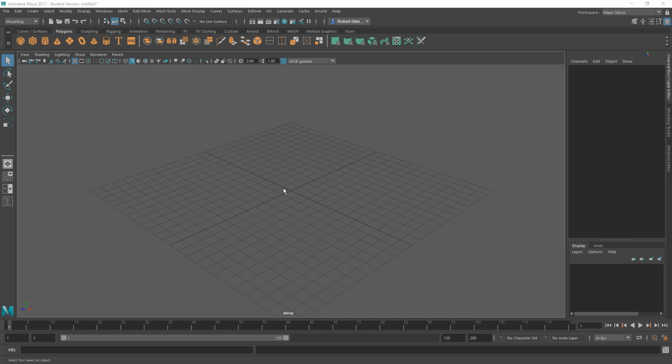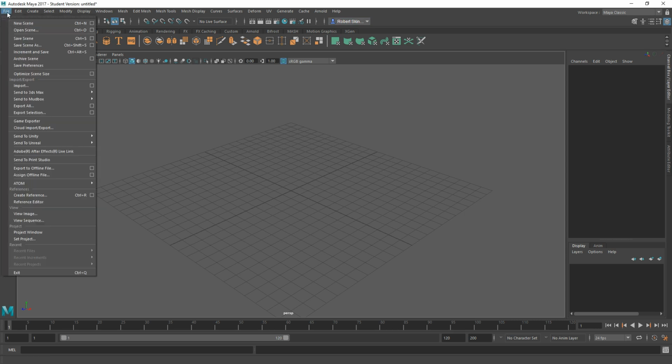So let's start by having a look at some of the menus at the top. If you've used any software before, some of these might seem familiar to you, notably File, Edit and Help. These tend to be in every program. We're not going to have a look at Help for the most part, it's irrelevant, but certainly within File we're going to see a lot of our basic administration tasks. Things like new scene, open scene, save scene and save scene as. We're also going to see some send to functions, most notably send to 3ds Max, send to Unity and send